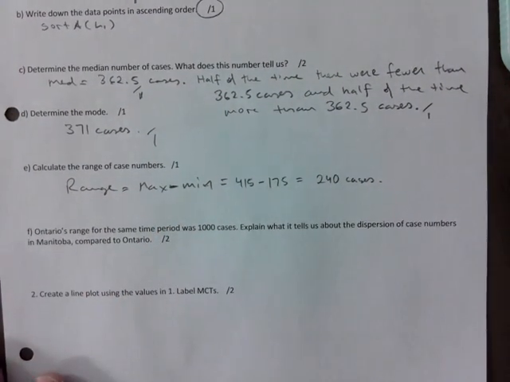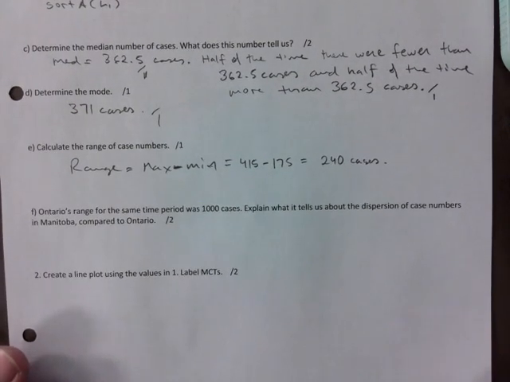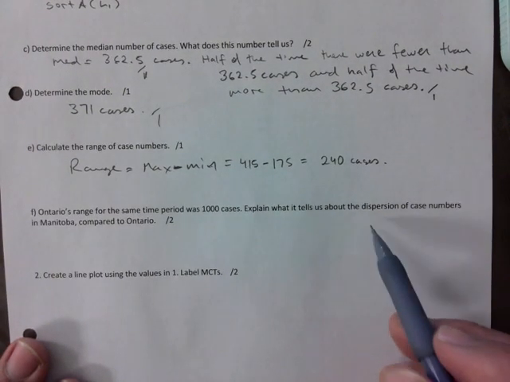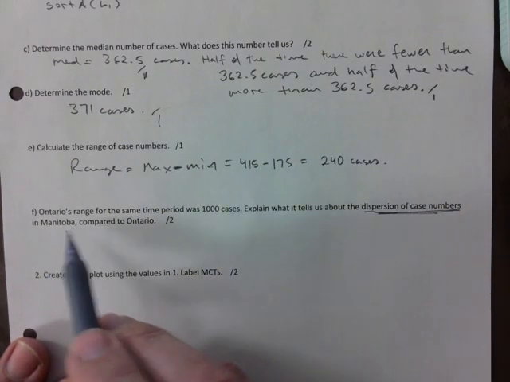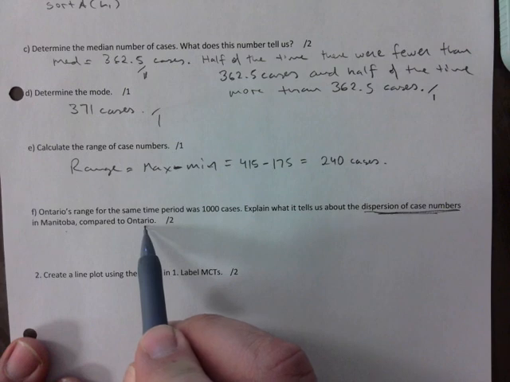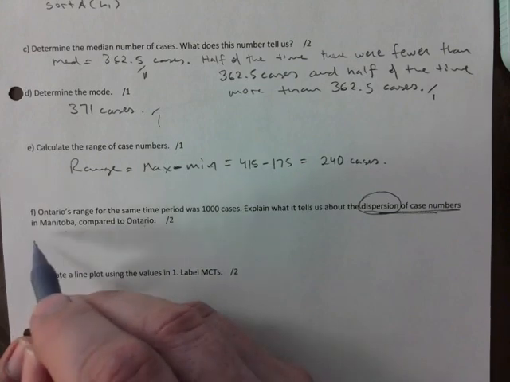So 1 mark for that. Ontario's range for the same period was 1,000 cases. Explain what it tells us about the dispersion of the case numbers in Manitoba compared to Ontario. Dispersion is how spread out it is, right? So